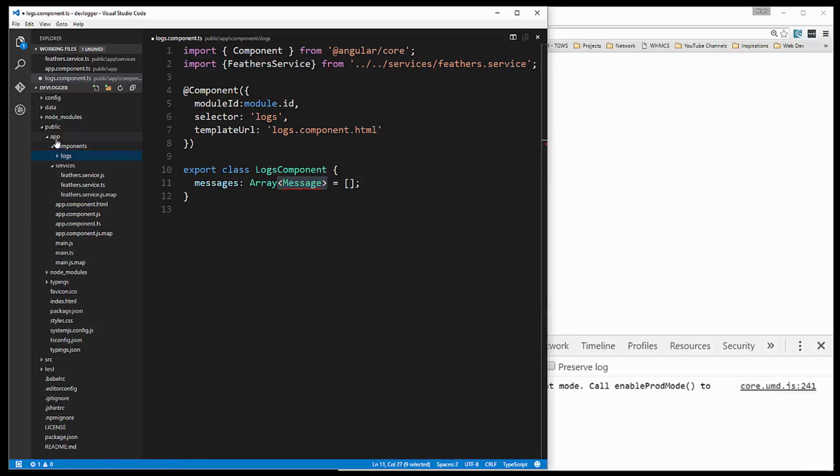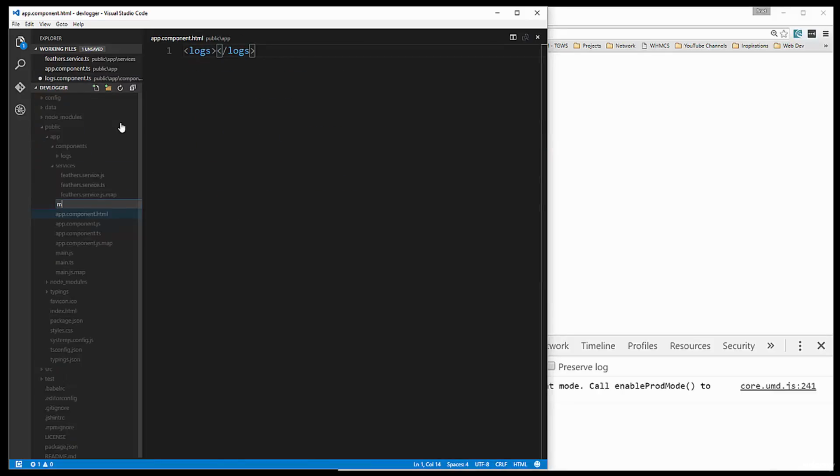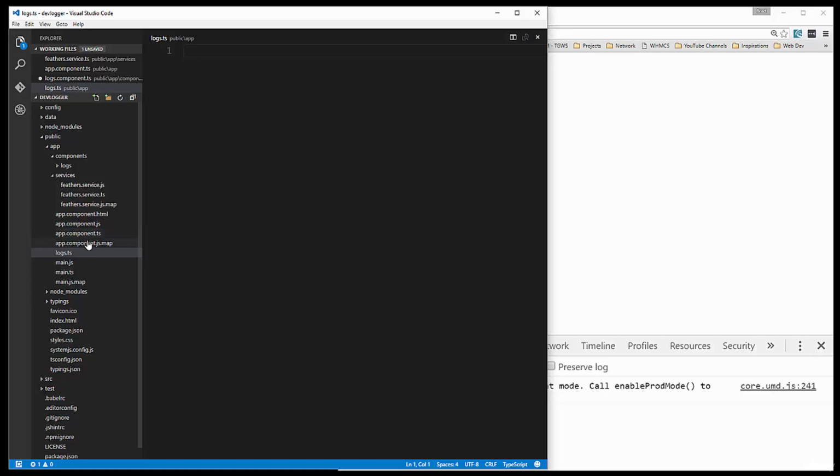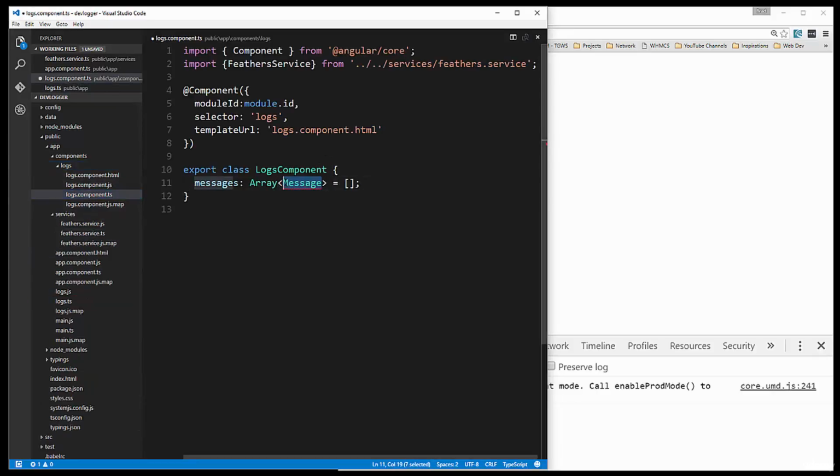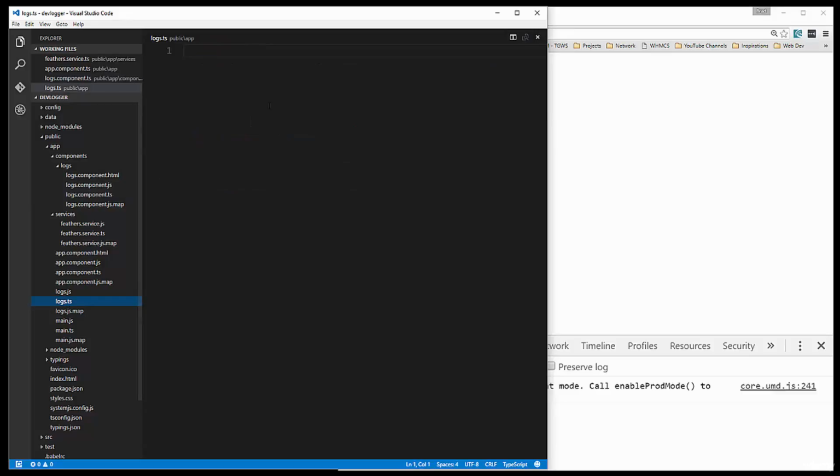So inside the app folder, let's create a file called, not messages, let's do log.ts. All right, let me change that inside the component. I don't want message. It's going to be log. All right, so we'll save that, and then down in the log.ts, we're going to export class Log,